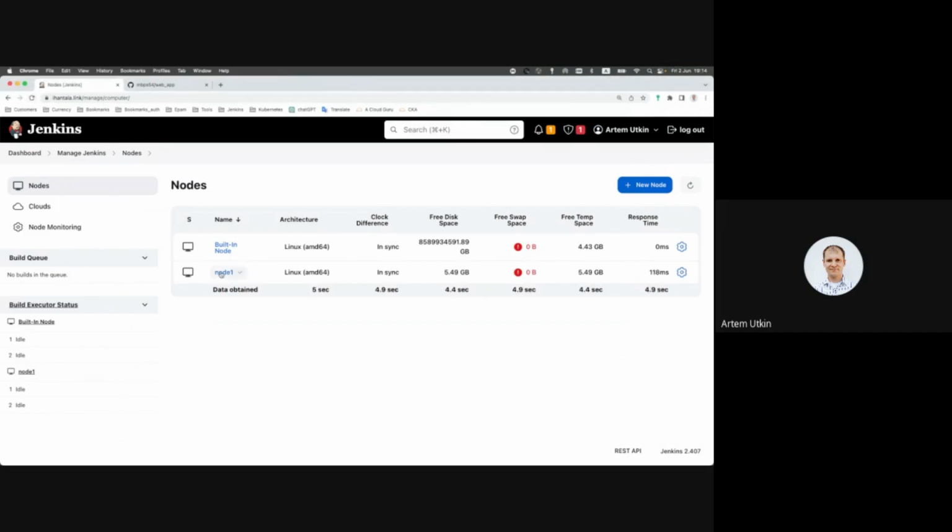Okay, now we can see that node 1 is in sync now, and it can be used. Next, how to force using node 1 and not use the built-in node, the controller node. So we can just